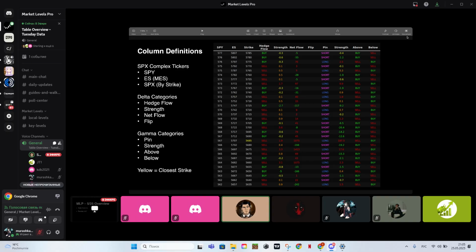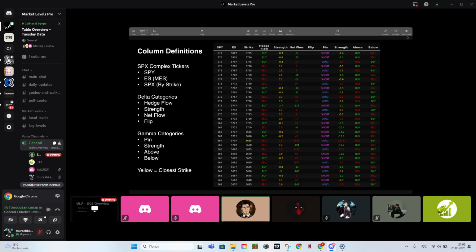The next 4 headings or columns are going to be our delta categories. So hedge flow and strength, those were really the first 2 things that we had on this table. Strength being a derivative of delta exposure at the strike across a set number of expiries. And then hedge flow telling us just the general direction that market makers would need to hedge against that delta